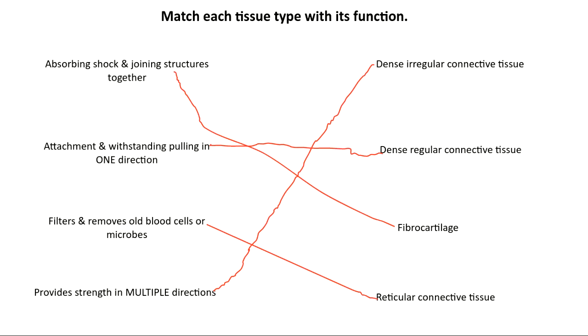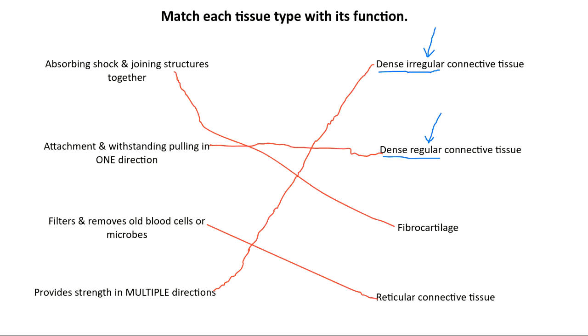First thing I want you to notice, at the top, my 2 types of connective tissue that are here at the beginning, dense irregular connective tissue, dense regular connective tissue. These types of connective tissue, we can learn something about their appearance based on their name. This word dense at the beginning of both of these means that these 2 types of tissue have a lot of proteins in them. Connective tissues have a lot of, we used this word last week, we called it